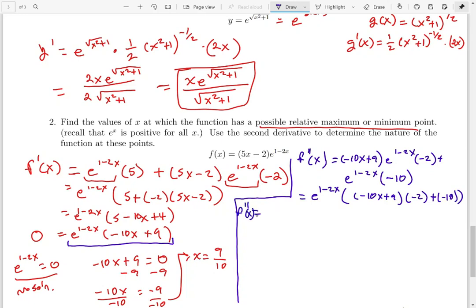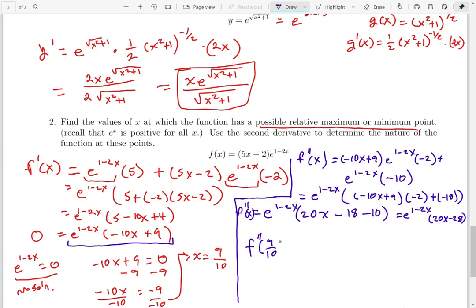I'm going to clean this up a little bit. F double prime of x is then going to be e to the 1 minus 2x times 20x minus 18 minus 10. Or simplify that a little further, e to the 1 minus 2x times 20x minus 28. So then, to confirm is this a maximum or a minimum, I can take f double prime of 9/10,